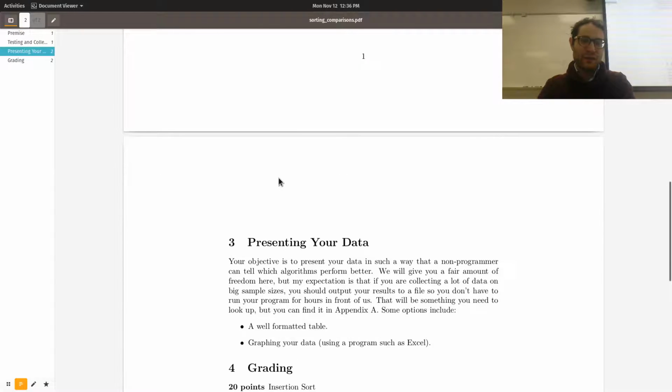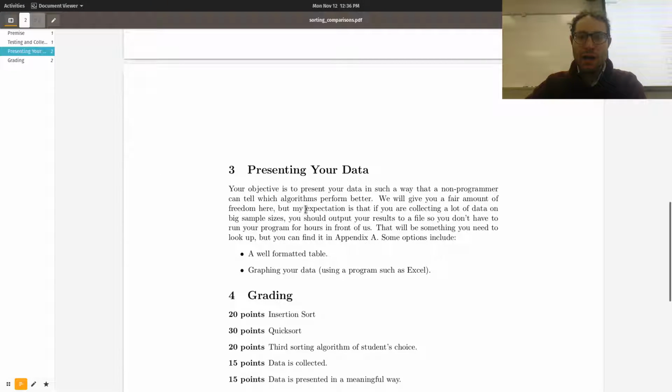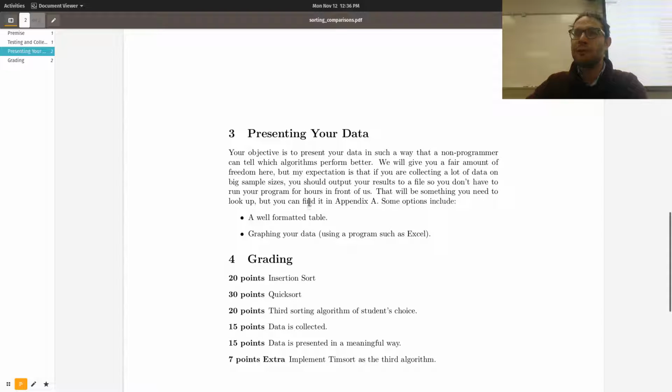Believe it or not, the toughest part of this is actually just going to be coming up with some way to display your data to me, right? It can be a raw text format that basically clearly shows, okay, insertion sort: this is the number of exchanges that happen, these are the number of comparisons that happen, this is the amount of time it took for this input size, and then maybe the same data for the next input size, and so on and so forth. So basically, getting this data into a table or into a graph would be really, really helpful, so I can see how this works.